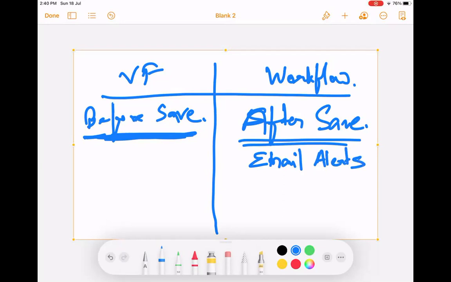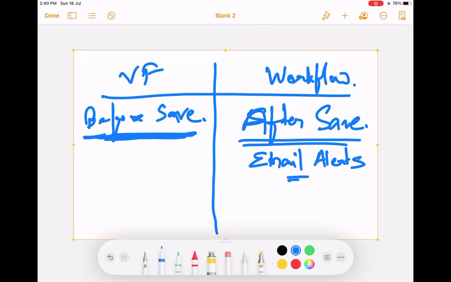Sending email alerts is one of the jobs which maybe I want to do. Maybe there is some condition when it reaches, I want to intimate somebody that this order is now in change of state. Opportunity is now in negotiation stage. Let me inform this person through automatic email. So email alert can be done.